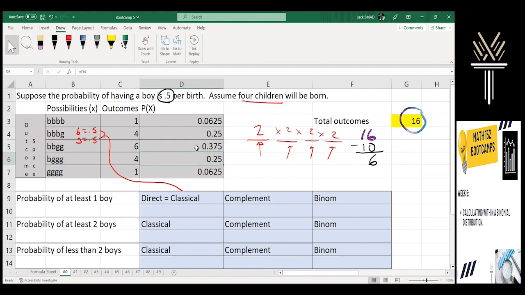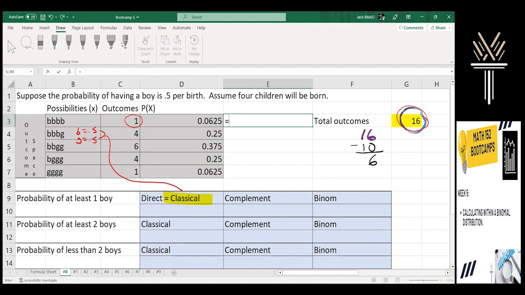We get our probability. Now I mentioned that there was a shortcut, and this is the way that most of you did the first section that we talked about, because we're talking about classical, and that's really important. That's why it's important to be identified. Because we're talking about classical, these probabilities are the same thing as their outcome divided by the total. So had we done 1 divided by 16, because there's 1 outcome and 16 total outcomes, you get the same